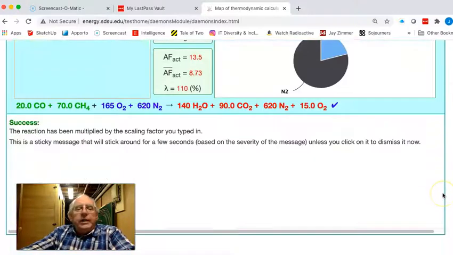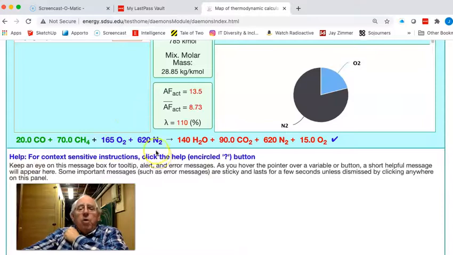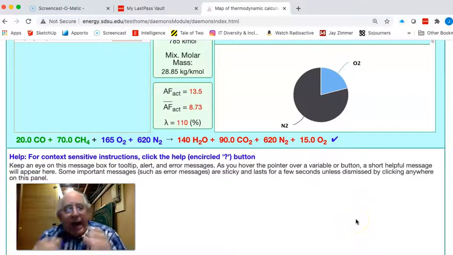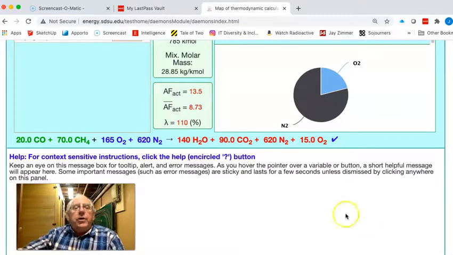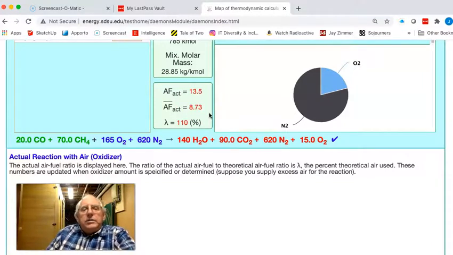Okay, upon doing the execute, what you see is the balanced equation now is 20 COs, 70 methanes, along with the corresponding oxygen that causes the water and the CO2 and the extra oxygen to show up. And so now I have a balanced reaction. Now you'll notice that the air to fuel on a molar basis stayed the same. But by doing it this way, I now can see that